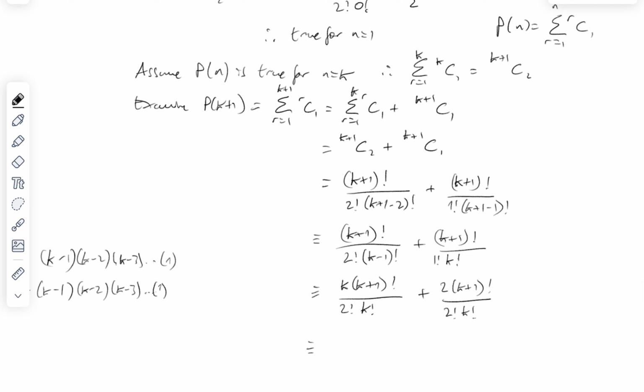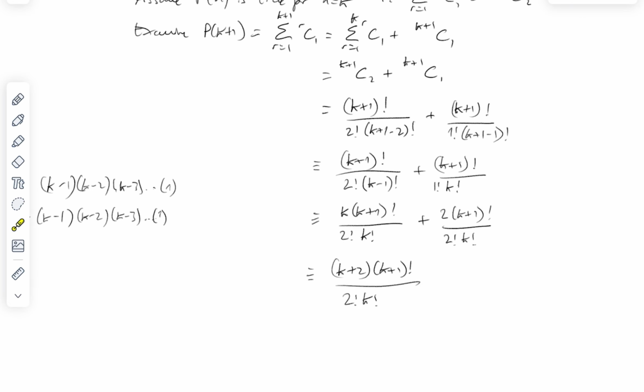We now have a common denominator. And in fact, there's a common factor on both of these. So we get k plus 2 times k plus 1 factorial over 2 factorial k factorial. If we look at this, k plus 1 factorial is k plus 1, k, down to 1. You put a k plus 2 on the front, that becomes k plus 2 factorial over 2 factorial k factorial,